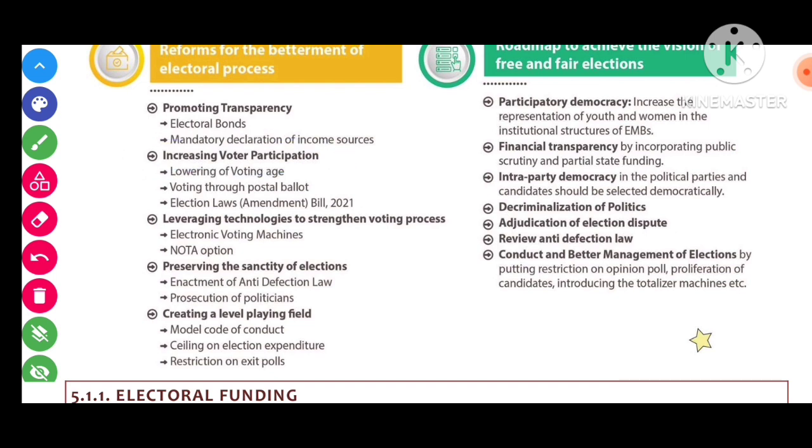More participation of voters strengthens the maturity of democracy. Also lowering of voting age, voting through postal ballot, the Election Laws Amendment Bill 2021 was introduced, and leveraging technology to strengthen the voting process, such as electronic voting machines or EVM and NOTA options,